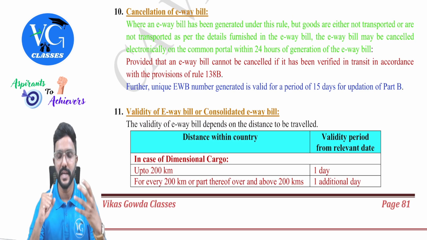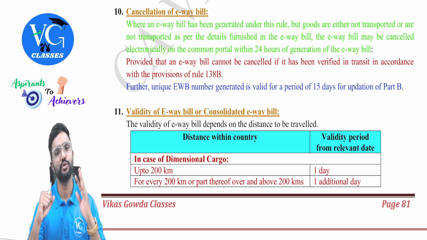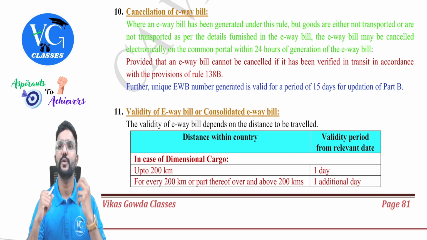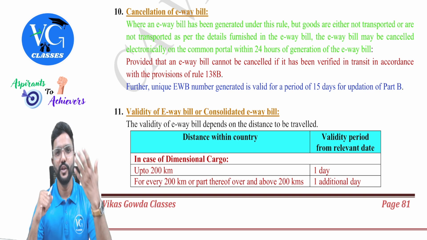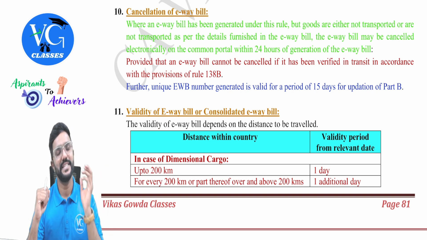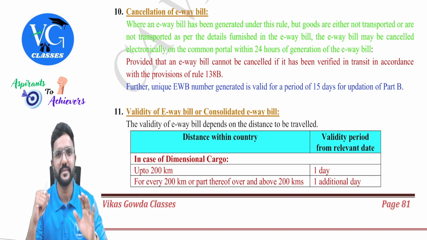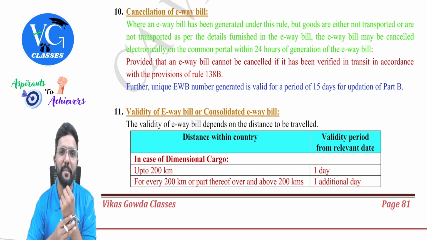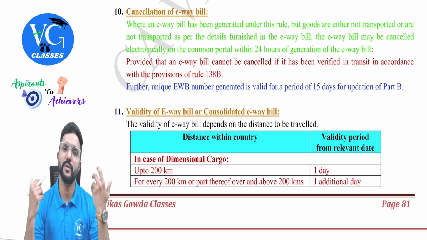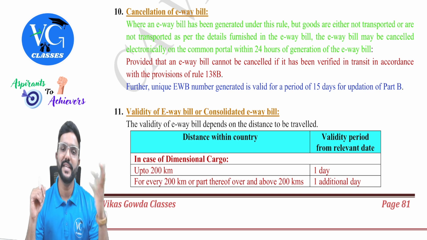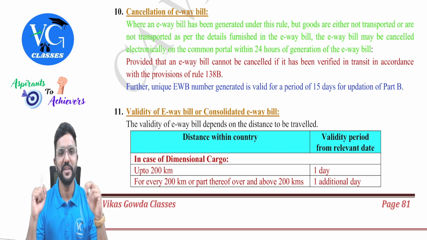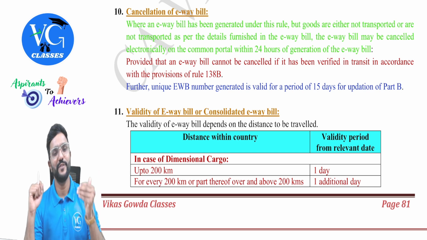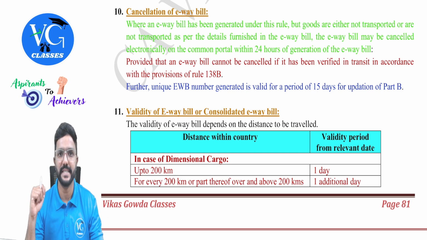Sir, once e-way bill is generated, is it always active? Should movement happen? No. There can be cases where, assume now you ordered the goods with me. I generated the e-way bill, arranged for the transportation, everything. Now goods are about to leave my place, but you called and told, sir, thank you, I don't want your goods. I got a better person to supply the goods and you cancel the order. I have already generated the e-way bill. So does it mean that movement has to happen? No. If there is no movement of goods, then whatever e-way bill has been generated, we can cancel it.